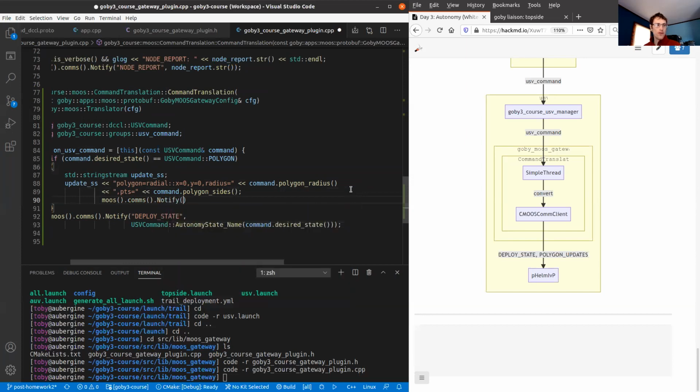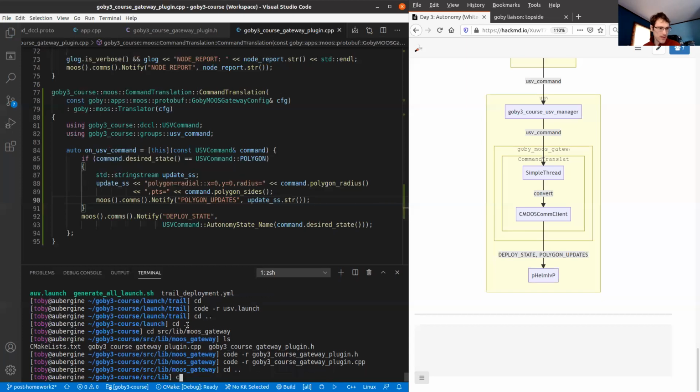Notify, again, that's publish and moves. And this is polygon updates. So now we're publishing both deploy state and polygon updates if we want it to be polygon mode.